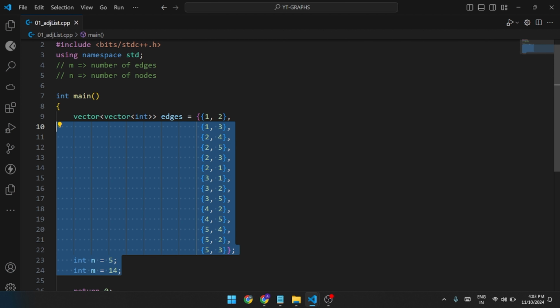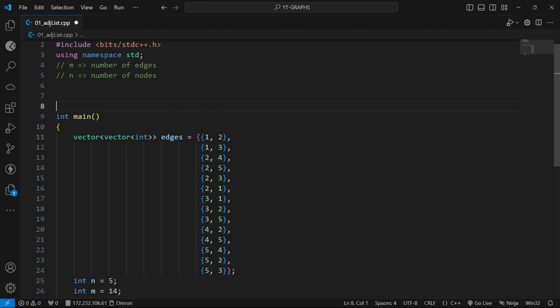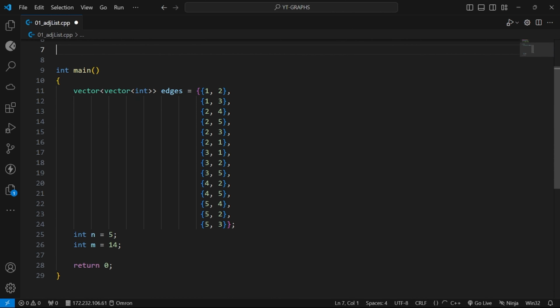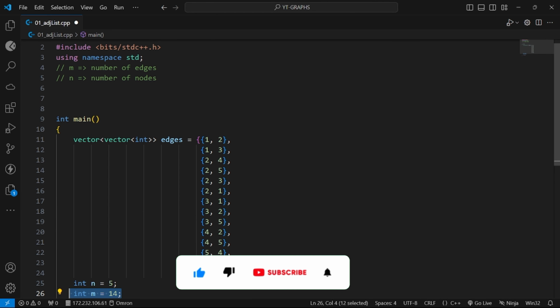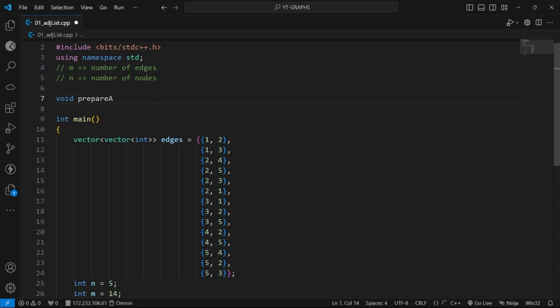Let's move towards creating the function for our adjacency list. The number of nodes here is 5 and the number of edges is 14. Let's create a function which will build our adjacency list.